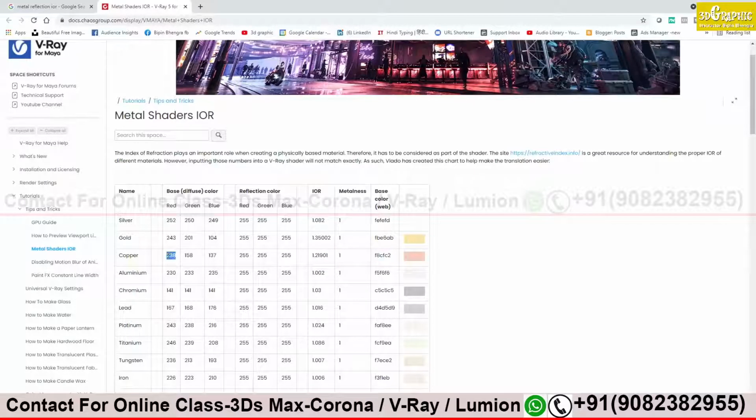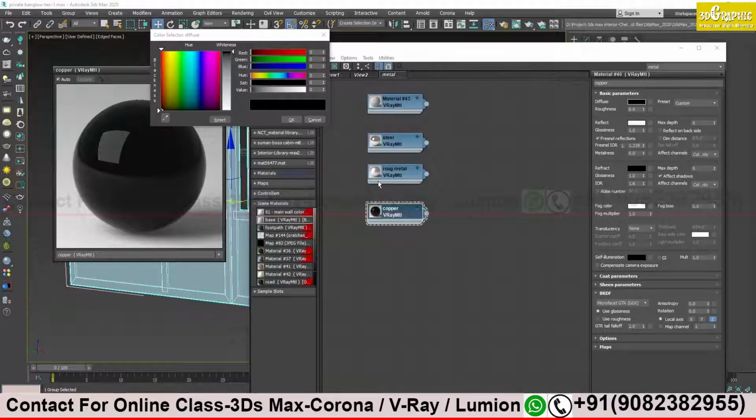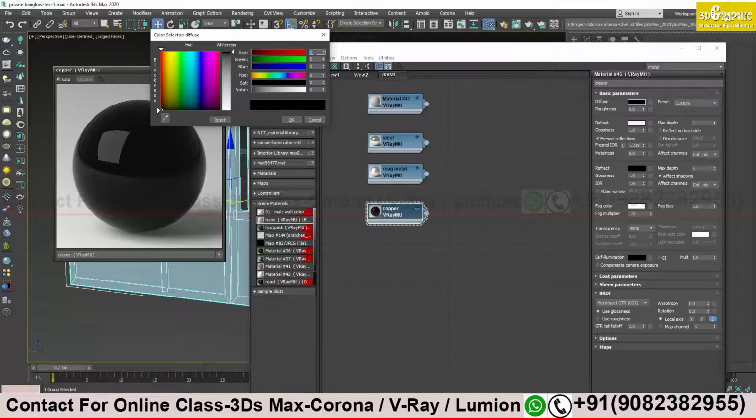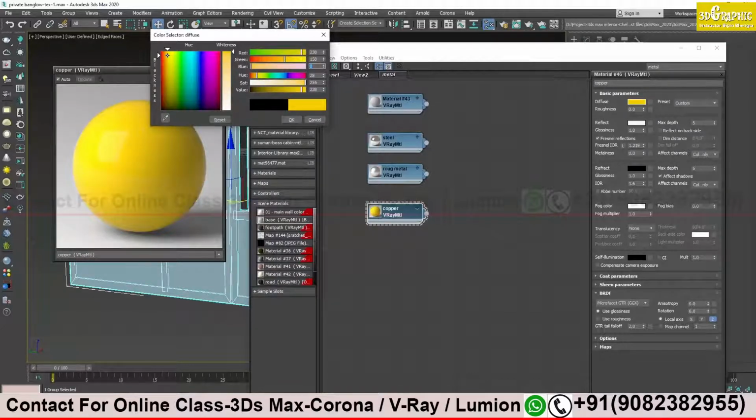So copper is 234. I was trying to do the shortcut, it does not work like that. I will just enter the value for the color. For diffuse, it is 238, then 158, 158, 158, and then 137, 137.